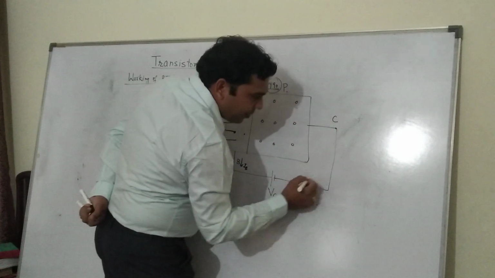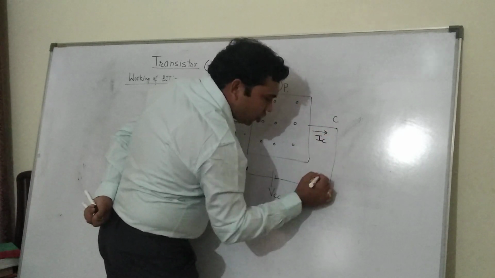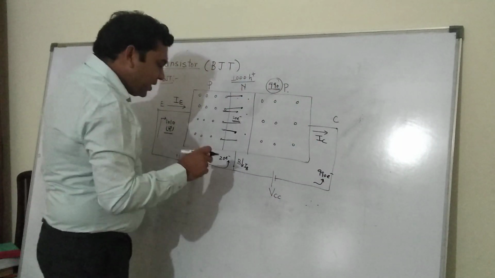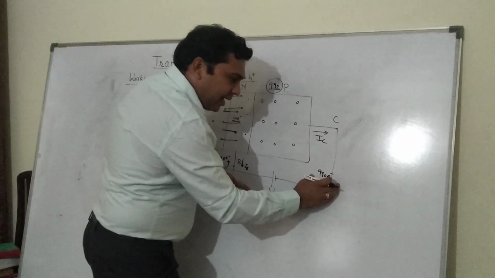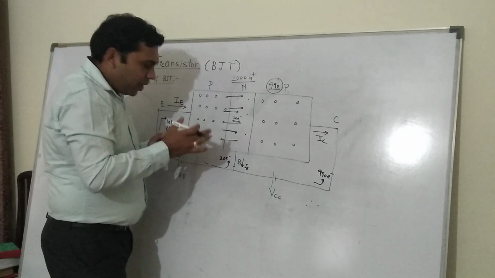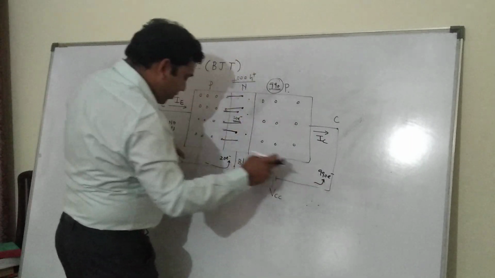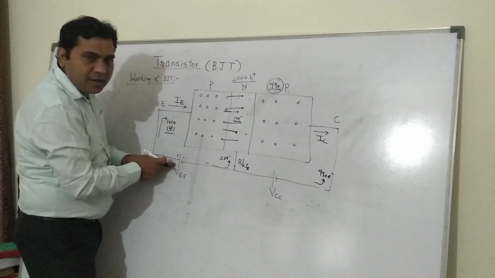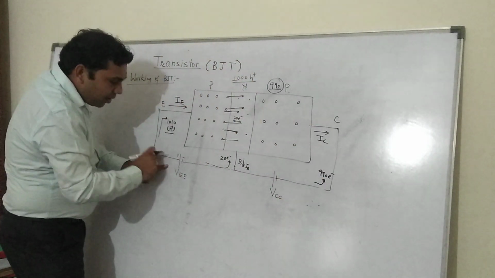So immediately 990 electrons will go in like this. That means the current will flow like this. So the 990 electrons will flow like this to recombine the holes. Basically this is 1010, so this is 20, this is 990. So the overall neutrality holds. So 990 is removing from this side, 20 is removing from this side, and 1010 electrons entering from here. So 1010 electrons going inside the device and 1010 coming from this.